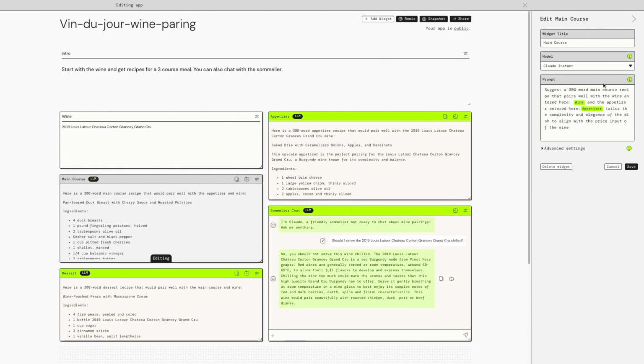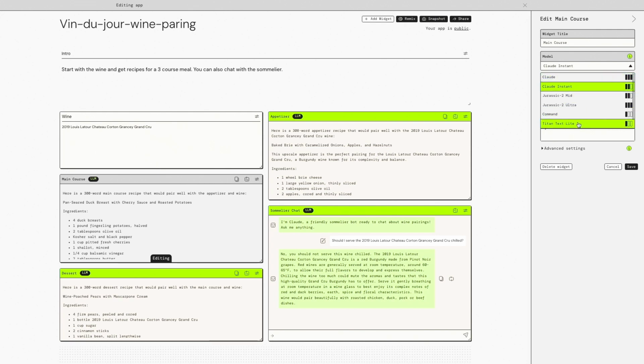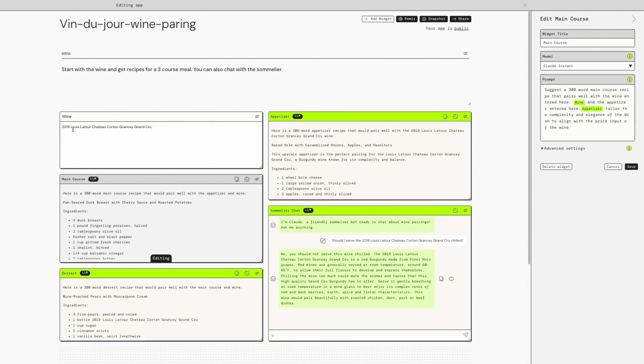So this widget is a text output. You can see which model we are using in order to get this text output. So when you enter in content here, let's say,